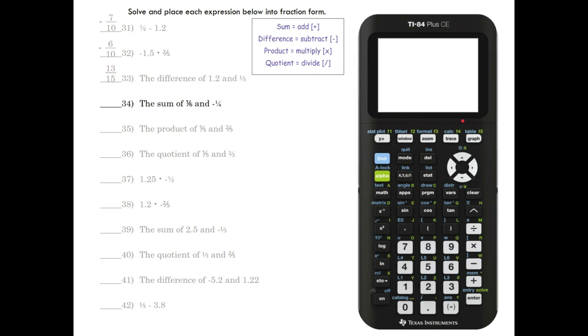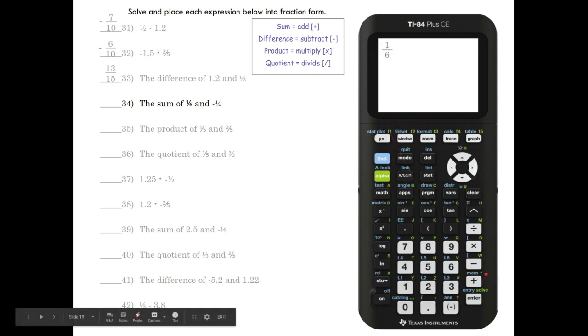34, the sum of 1 over 6 and negative 1 over 4. This is a negative sign because it's in between a single number. So it's going to be 1 over 6. It's going to be alpha y equals and enter. 1 over 6, so 1 on top, 6 on the bottom. Sum means you add, so it's the plus sign. Here's the plus sign right here. And then you have